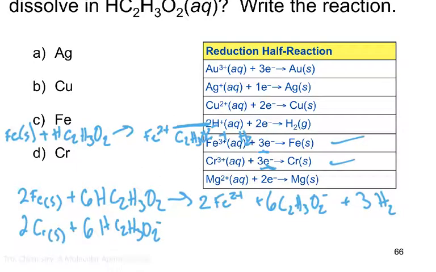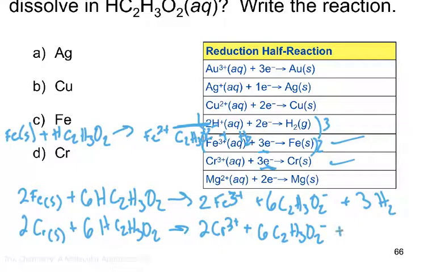So basically we ended up multiplying this one by 2 and this one by 3. Oh, there's no minus there. That was acetate instead. 2 chromium, 2 plus, 3 plus. Sorry, this is an iron 3 as well. Plus, again, 6 plus 3